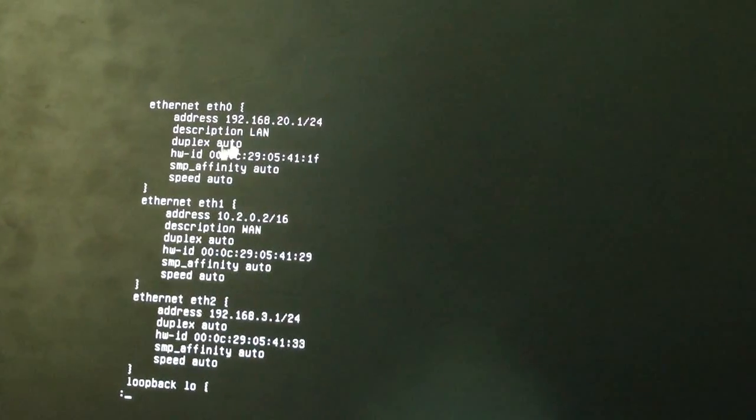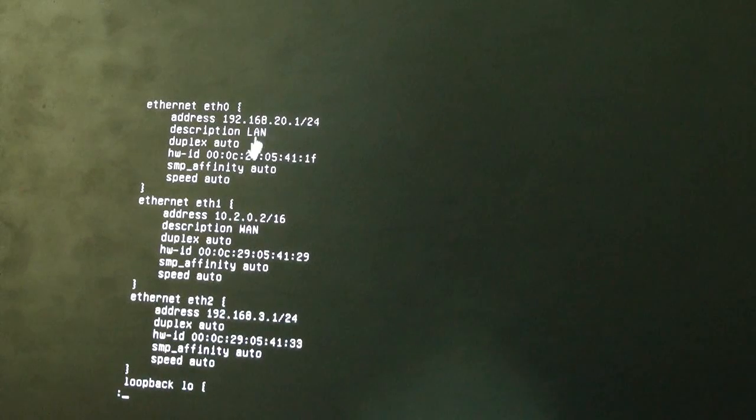As said earlier, this is the Ethernet adapter, which represents VMnet 1, the network 192.168.20.0 for the internal network users. This is the default gateway configured for the VMnet 1 network. This is the IP address configured on the link that goes over to the WAN connection, 10.2.0.2, and this is the default gateway for all wireless users trying to connect to the internal network,